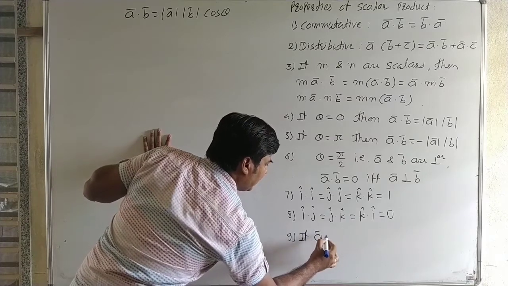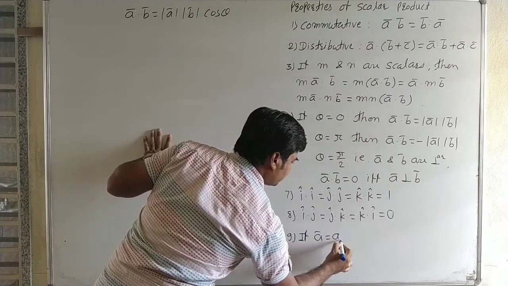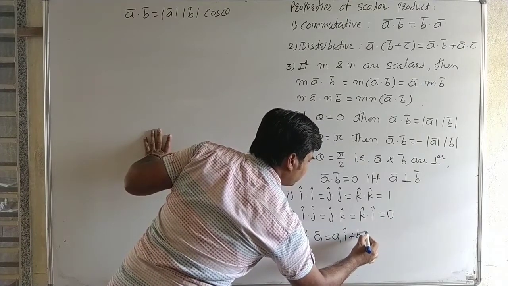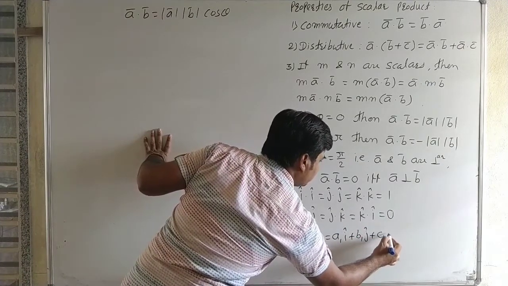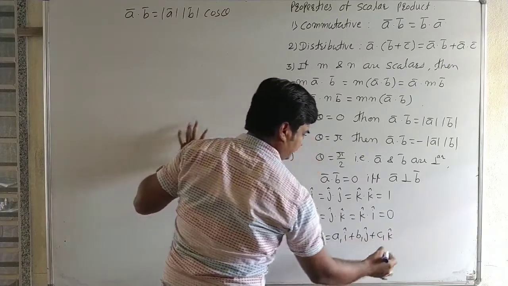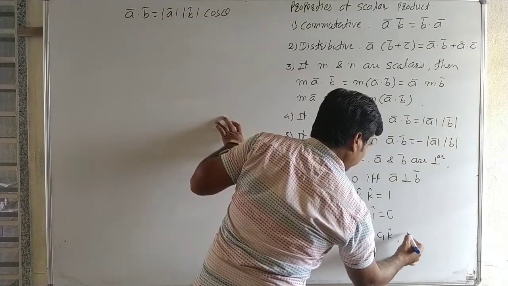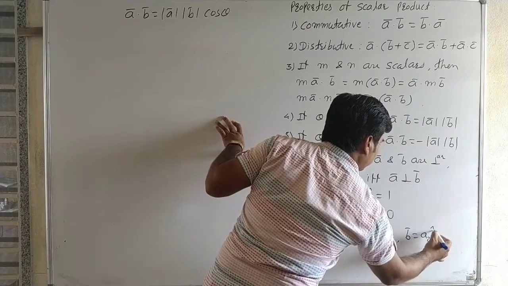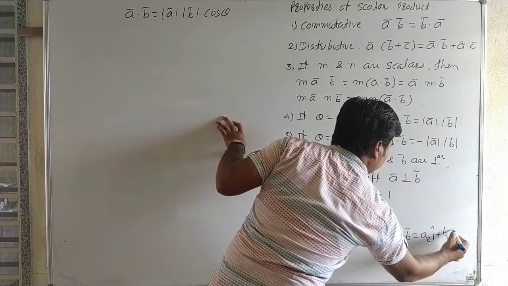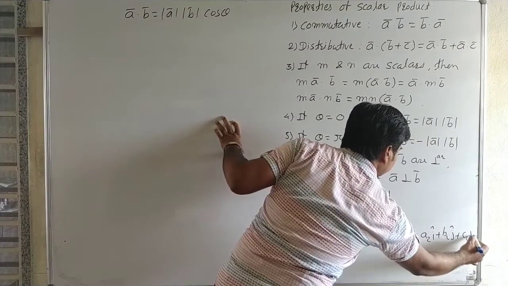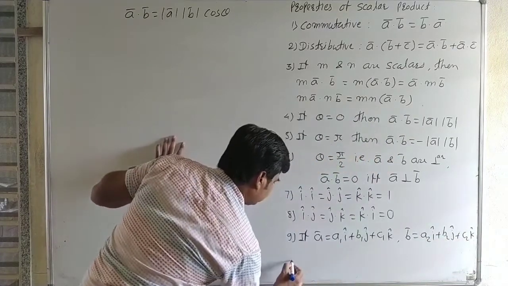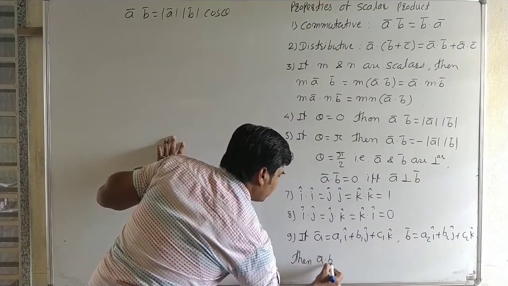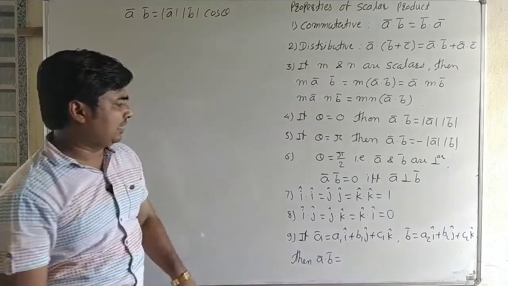Now, if A bar is equal to A1 I cap plus B1 J cap plus C1 K cap, and B bar is equal to A2 I cap plus B2 J cap plus C2 K cap, then A bar dot B bar is equal to, okay, here